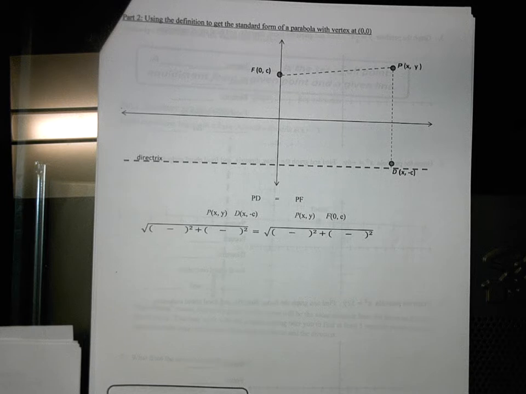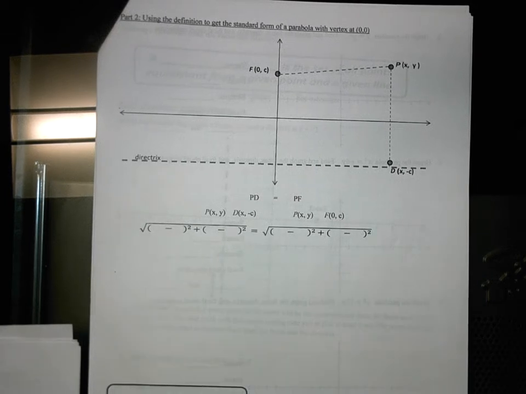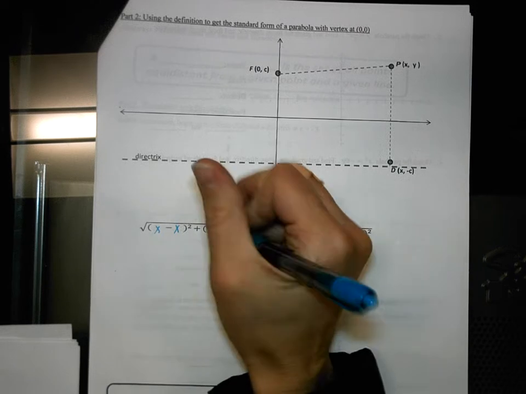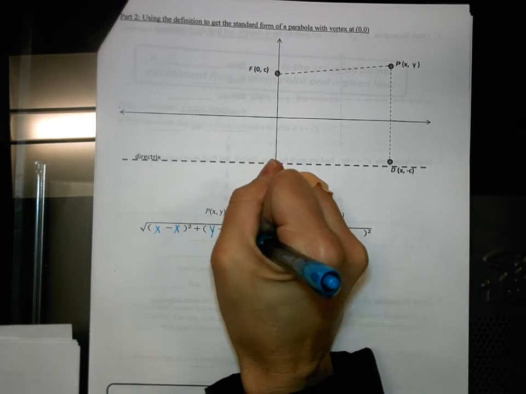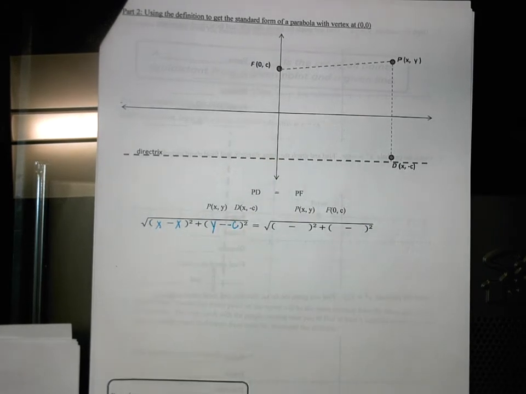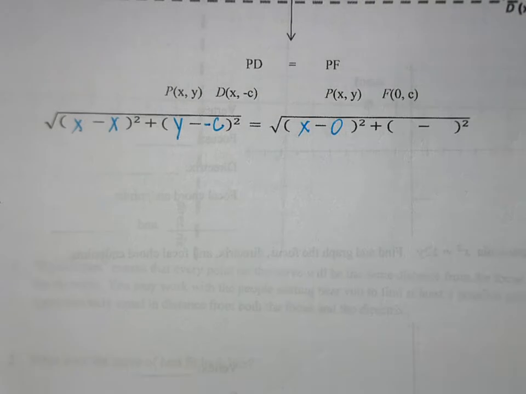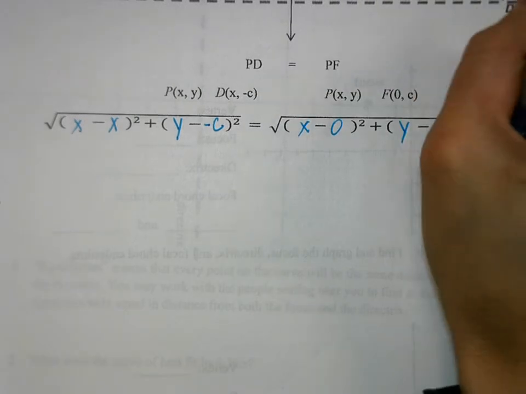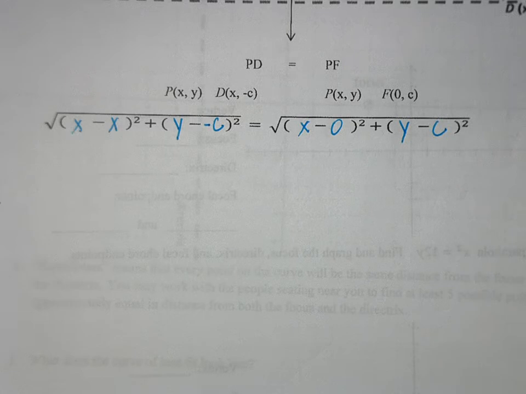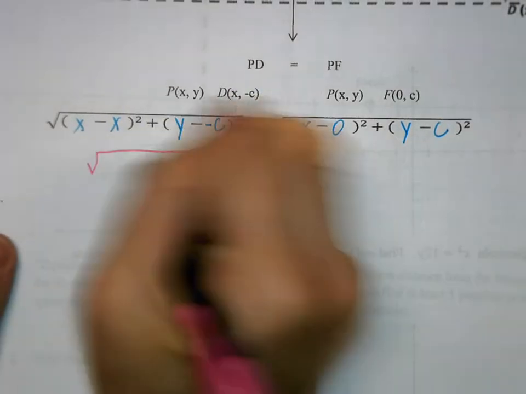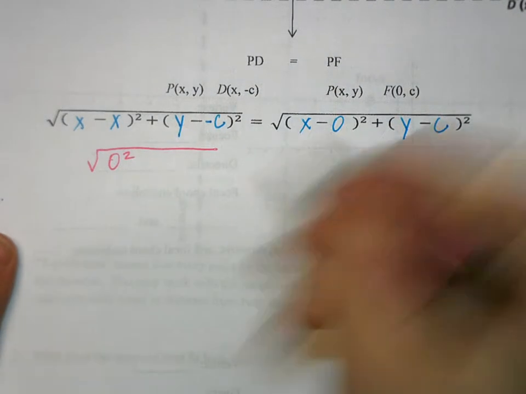Okay, so what is going to go in this first parenthesis? Good. And the next one? Y minus negative c. Make it a little bigger for you guys. And then the next parenthesis is going to be x minus 0 and y minus c. Good, square. Okay, so now we simplify. X minus x will make 0. I'm just going to write it here for now. And then two negatives make a positive, and we'll have